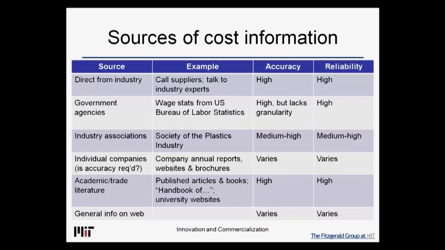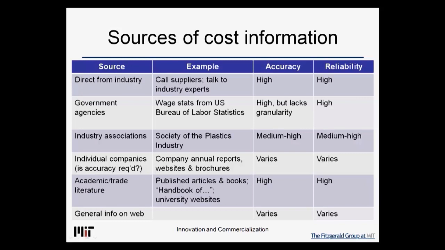So here are some examples of what I'm talking about regarding accuracy and reliability of cost information, depending on the source that you use to get that information. Making calls directly to industry is often the best source. For instance, getting price quotations from raw material suppliers. Now keep in mind, when you're calling suppliers, there's a difference between list prices and negotiated prices, and these can vary greatly. But you can increase your accuracy and reliability by getting price quotes from more than one supplier and